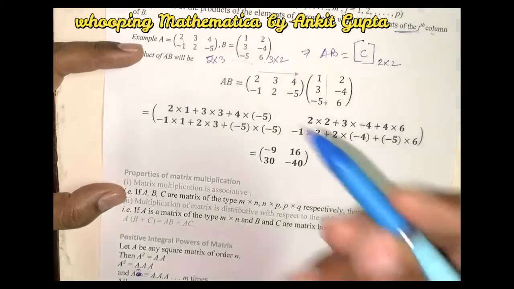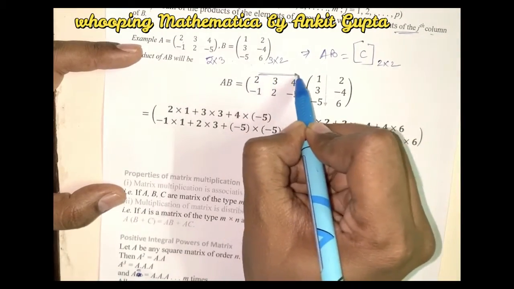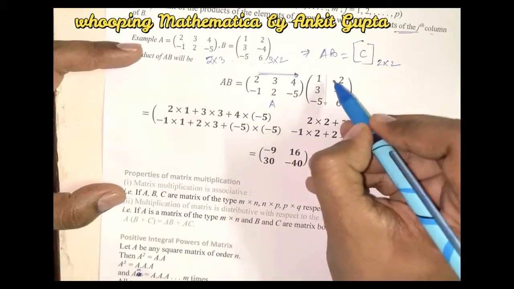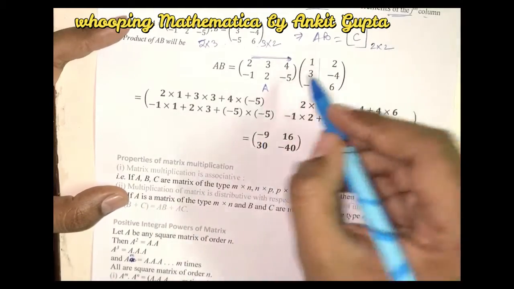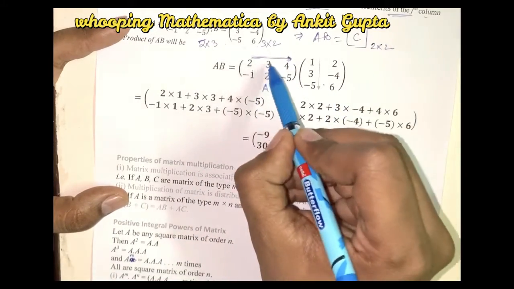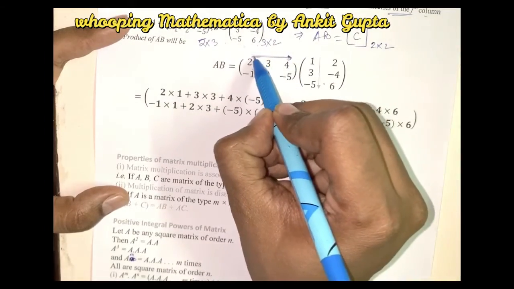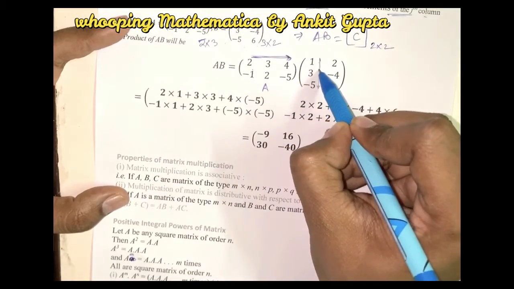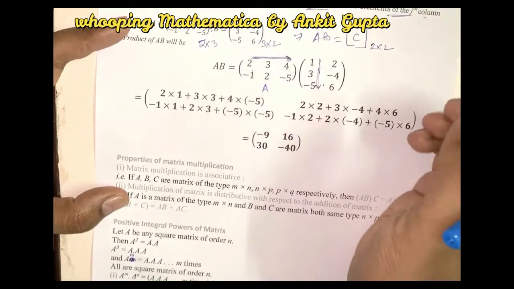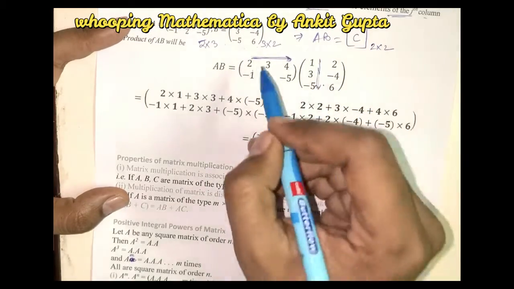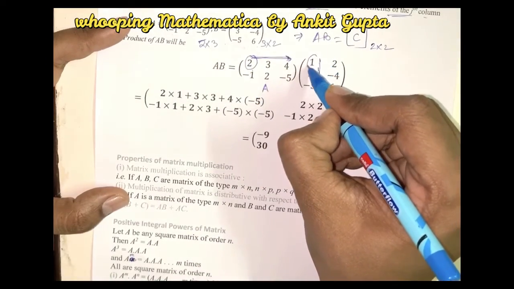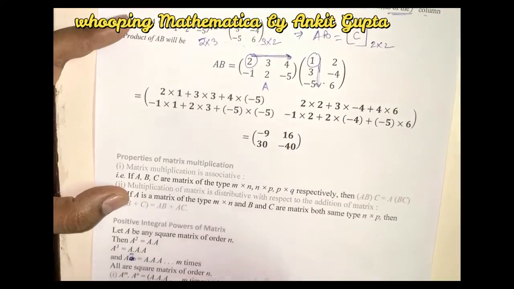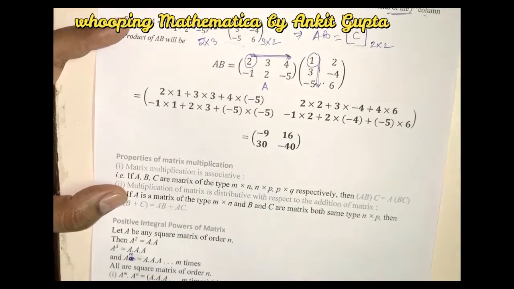Here you can see two arrows. One arrow is on the head of matrix A and the other arrow is somewhere between the two columns of matrix B. Now if we are going to multiply matrix A with matrix B, we follow this pattern. First we move from left to right, and then we go from top to bottom in the postfactor matrix. Now the first element of matrix A, which is 2, will be multiplied by the first element of matrix B, which lies in the first row and first column.